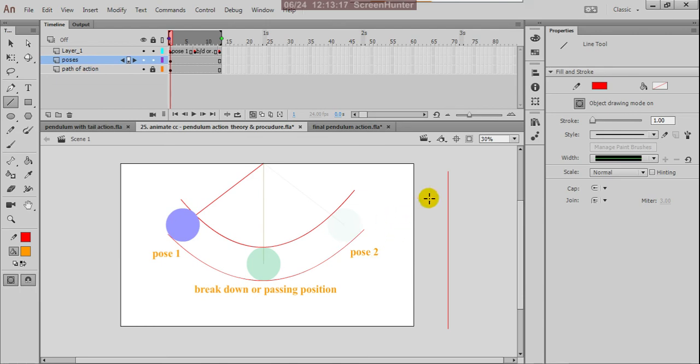So for that, in traditional classical animation, we have a theory, slow in slow out theory. By using this theory only, we have to plan the entire pendulum action. So for that, here I write, suppose pose 1 here.